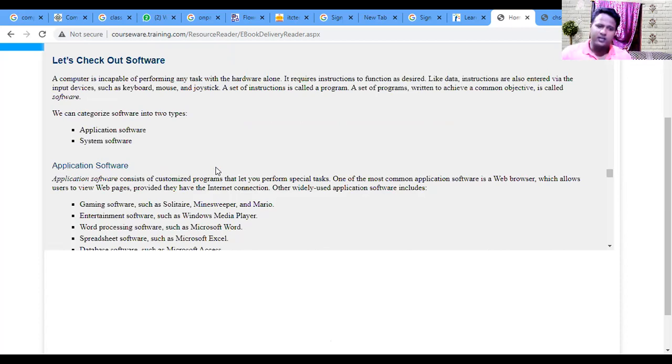Then write: software is of two types. One is system software, another is application software.